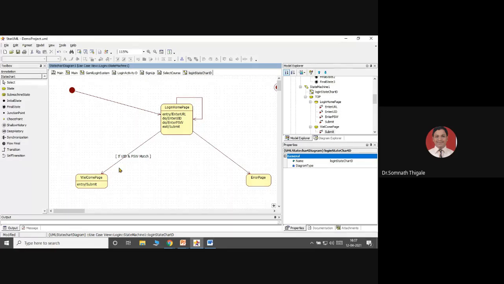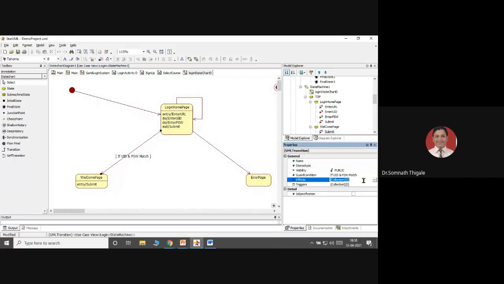Then how will the user come to know that the transition has happened over here? That may create some kind of triggers or some kind of effects. So I will add the effect over here.